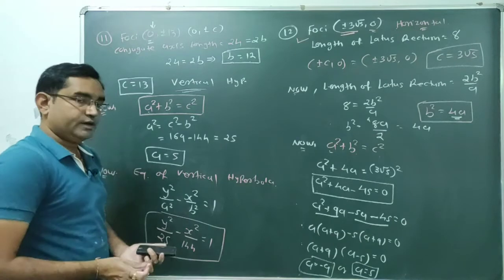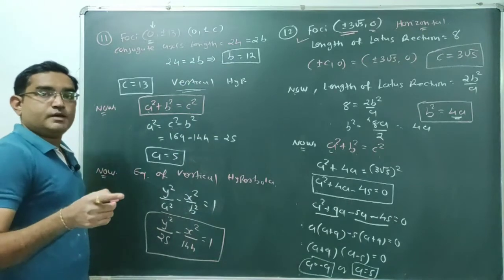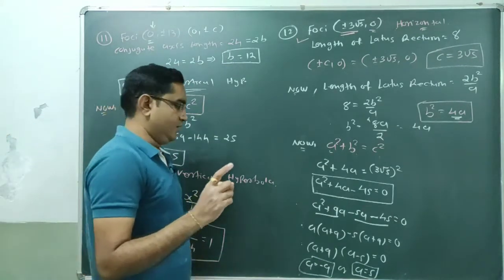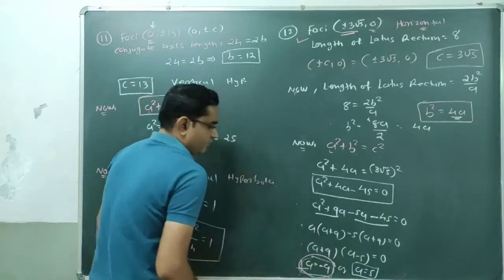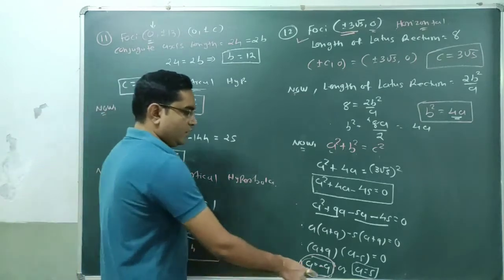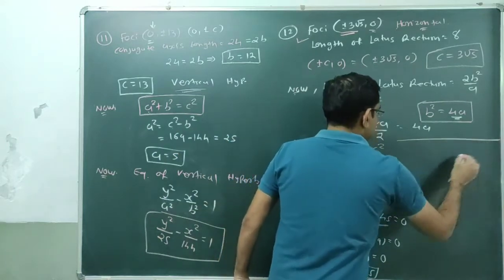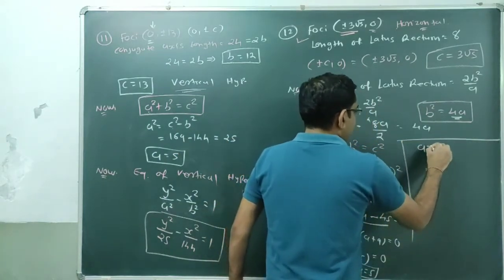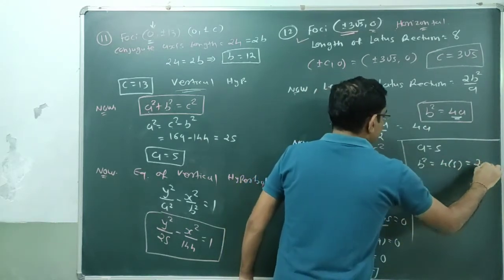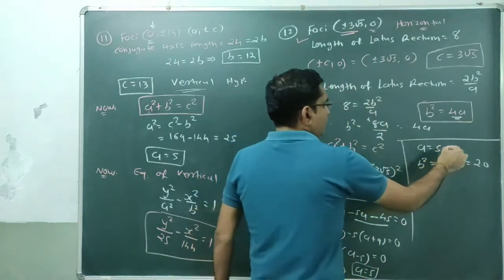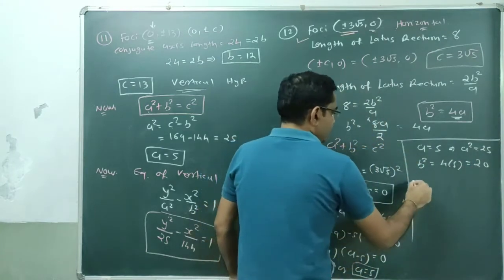What is a? a क्या होता है हमारा हाइपरबोला में, a is length of semi-transverse axis, which means it is the length, है ना. So value of a is -9, which is not possible value, है ना. Length कभी negative नहीं होगी, so only possible value is a equal to 5. Done. So we are considering a equal to 5 only यहाँ पर. So when a equal to 5, we get the value of b square, it is 4 into 5, which is equal to 20. Done. तो a square चाहिए, a square is 25 and b square equal to 20.